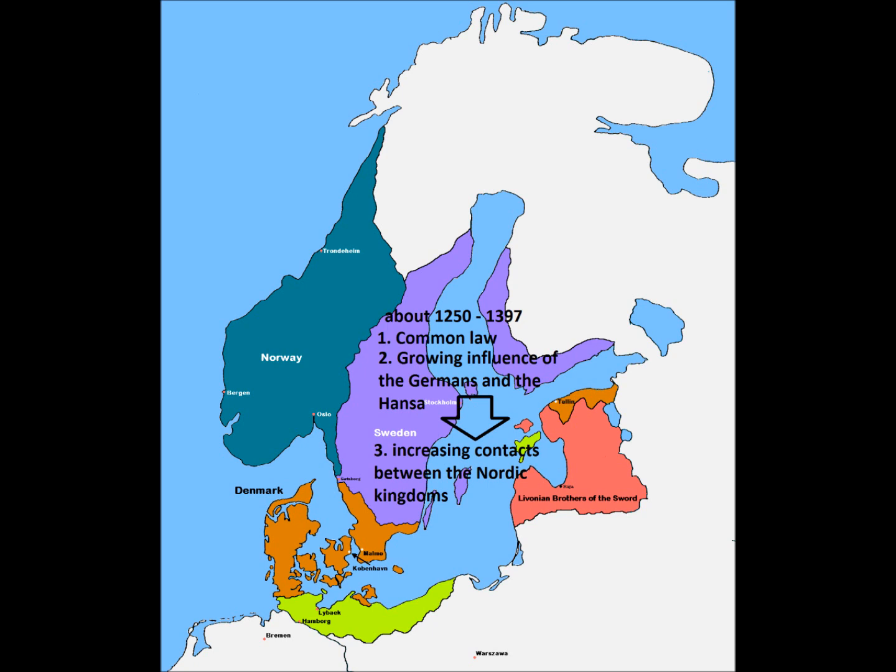But at the same time as this happened with the growing influence from Germany and the Hansa, the contacts between the Nordic kingdoms increased, and especially the nobility. The ruling families too, but especially the nobility started to marry each other and became connected. Of course, this was a bigger factor in the border regions, and I guess the nobility in Sweden, Norway and Denmark felt really threatened by the nobility and the merchants from Germany.